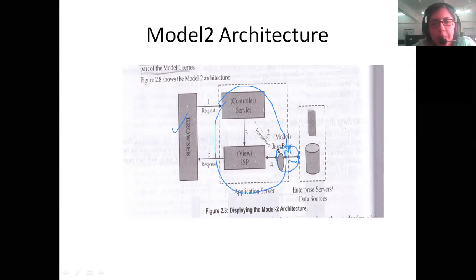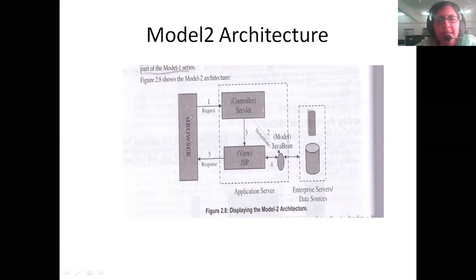Then comes the view part, which is formed by the JSP, Java Server Pages. As I said, let's not get into what is meant by JSP, but just understand now that it is software meant for taking the request and giving back the response. So the JSP forms the view part of the data. And the last one is the controller, where all the business logic is written, which is the servlets. Now let's take the simple example of student registration.